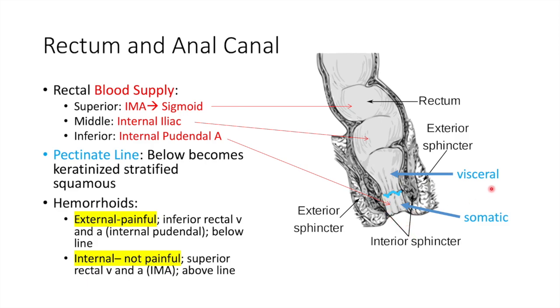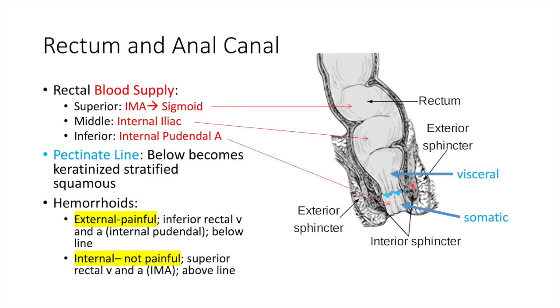Above this line, it is visceral, where below the line, it's somatic. And hemorrhoids play a major part in this example because external hemorrhoids are going to be painful. They're coming from inferior rectal veins and arteries, which, remember, came off of internal pudendal below the line, and that's somatic. Where our visceral, it's not going to be painful. These internal hemorrhoids coming from superior rectal veins and arteries off of IMA above the line won't hurt as much because of this